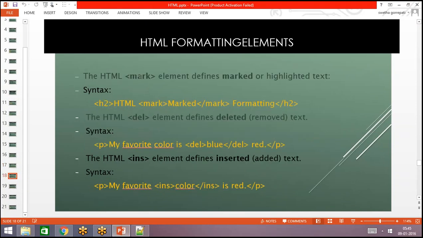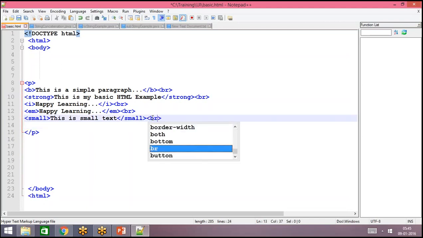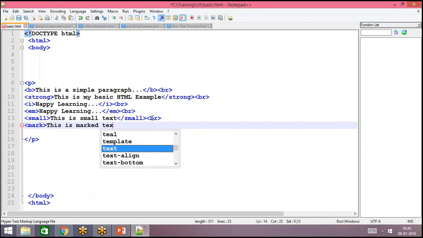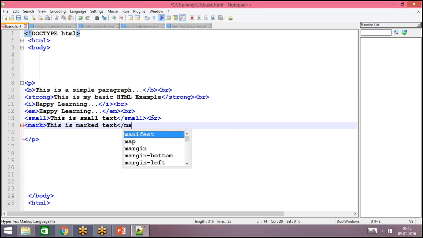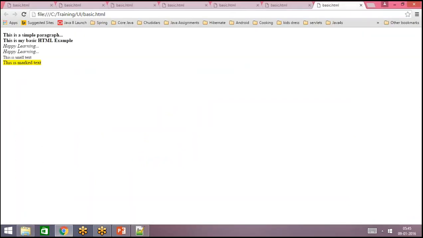And then let us see how we can show the marked text using the mark element. The browser automatically adds yellow color for the marked text.